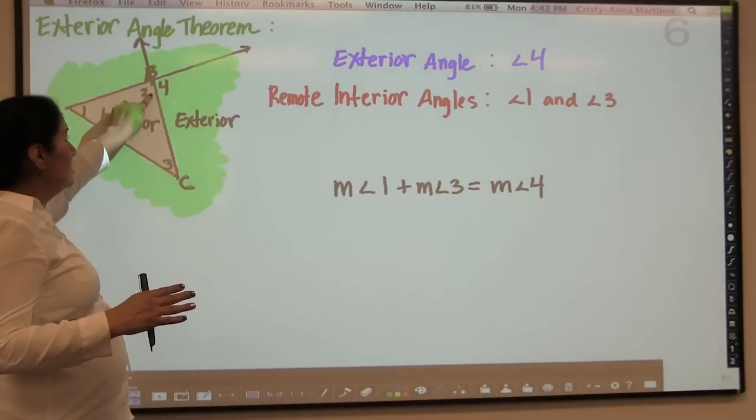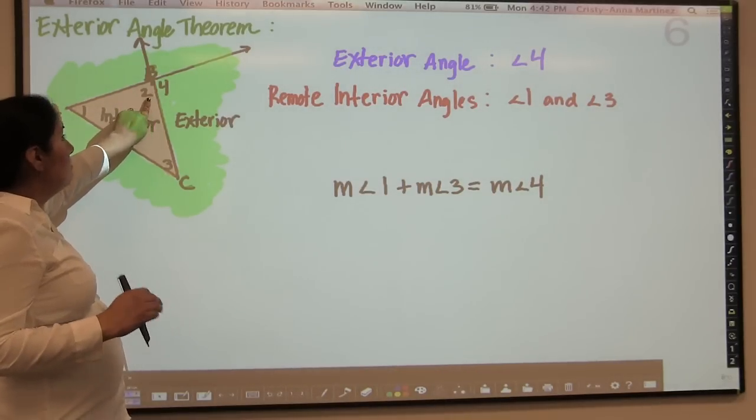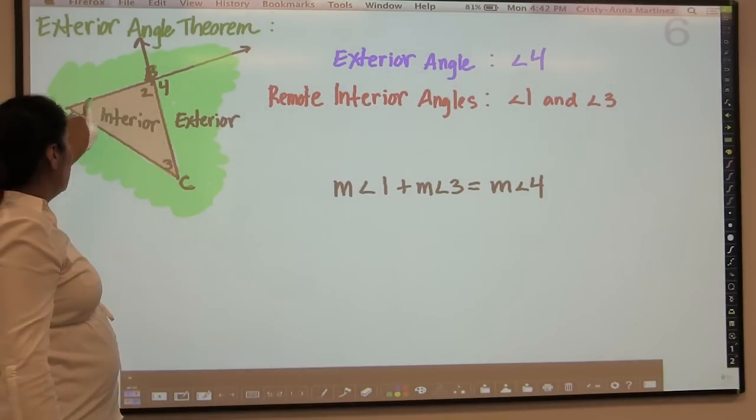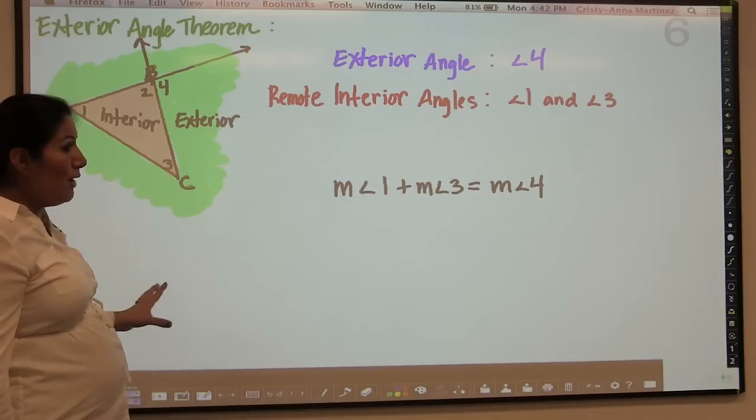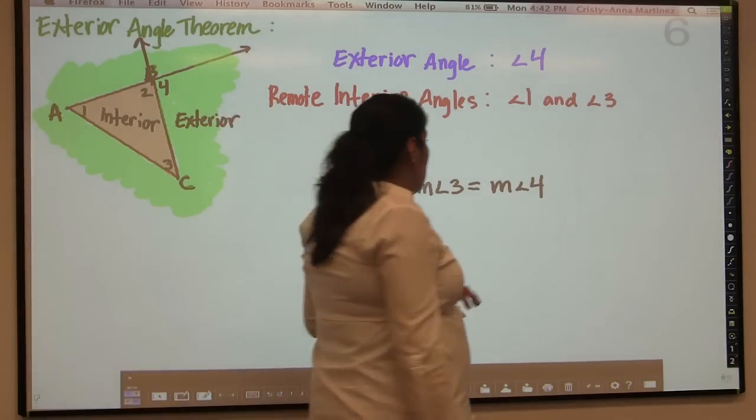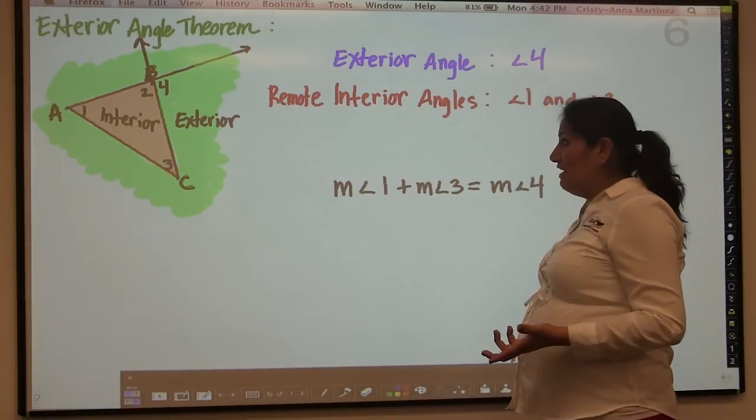So this is not considered remote. So the remote are the ones that are farther away. So angle 1 and angle 3 are the remote interior angles. So the exterior angle theorem, now that we have all the vocabulary down, the actual theorem states that the exterior